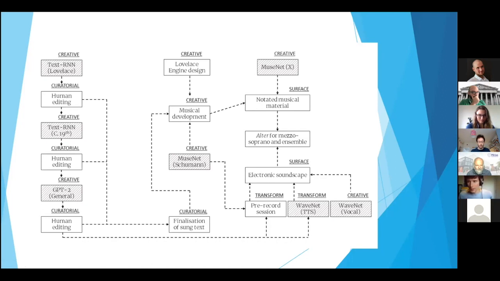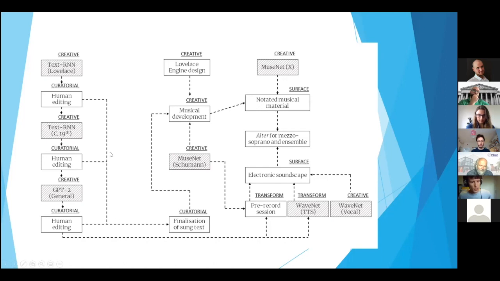Dave will have more information on that, I'm sure. And with the results of that second RNN, we did the same thing. Some of that went straight into the sung text, and more of it was used as a prompt for a final model, for which we used a fine-tuned version of OpenAI GPT-2, which obviously has a very large data set. If you know GPT-2, this is before GPT-3 was released. It has a data set taken from the entire internet.